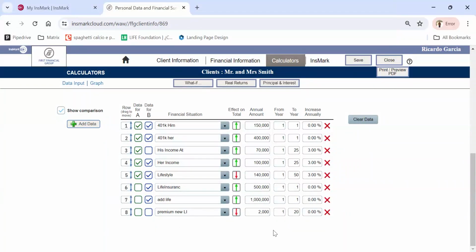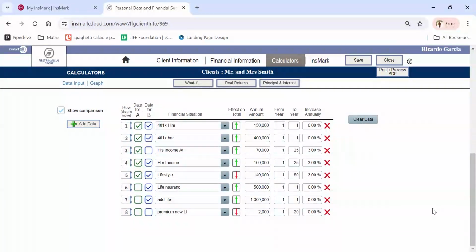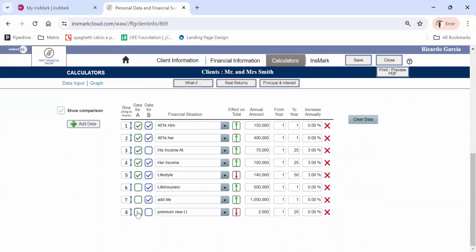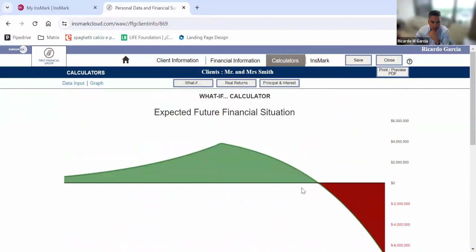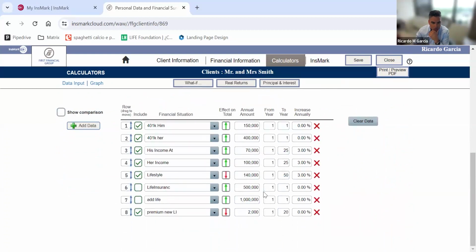So this is a term insurance then. Oh yeah, we're not talking about whole life yet. We don't talk about whole life here. Okay. So it's just term insurance. Right. So we just add this. We're going to take this out for a second. So with the term insurance premium, there you go. Just make sure we got everything right.